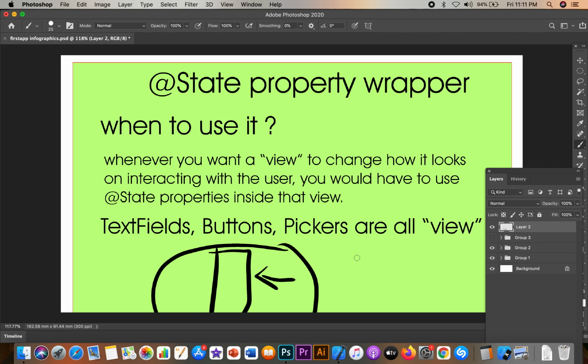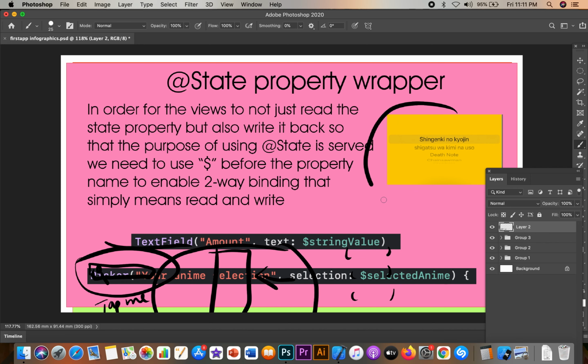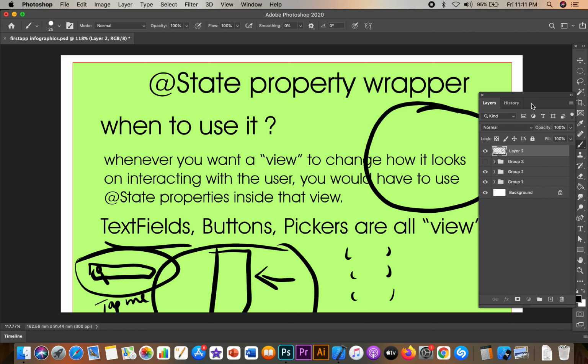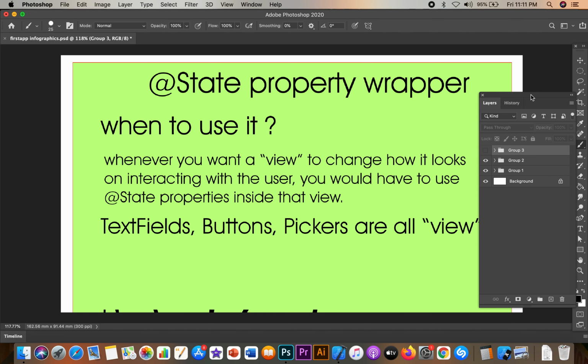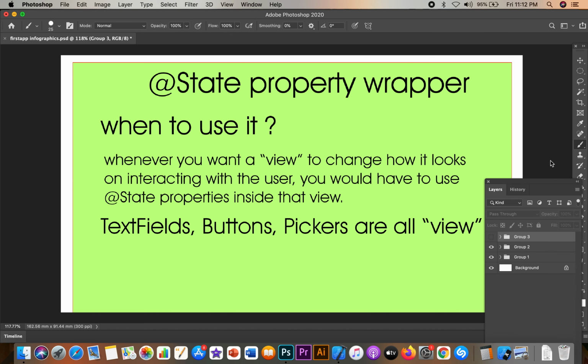Yes, that's also called a view, but each and every simple component inside your code which you write to make your view is a view too. Like when you add a text field in your view, text fields, yes, these kinds of text fields, or buttons which say tap me, or pickers, which are like wheel options. These are called pickers. All of these are separately called views.